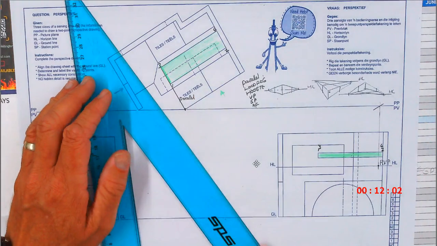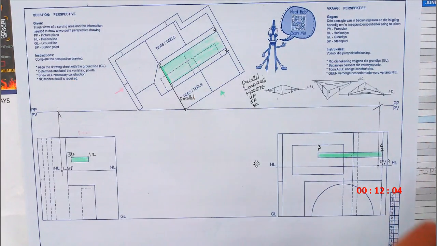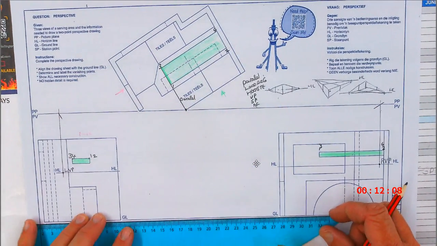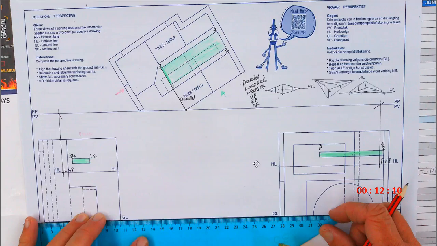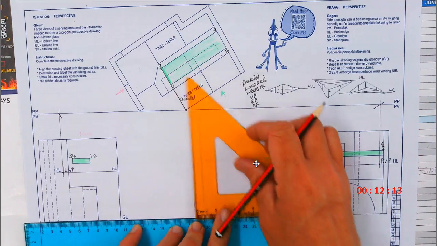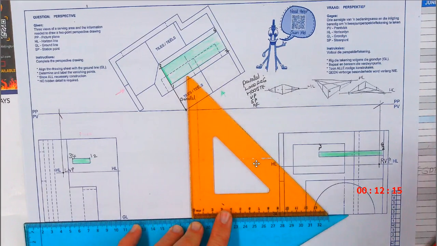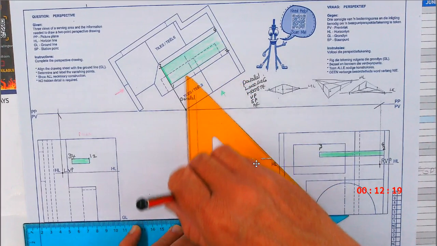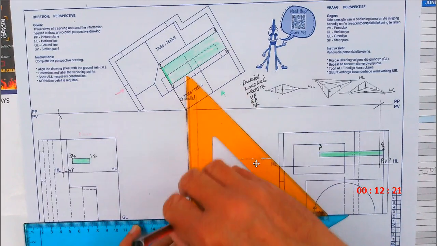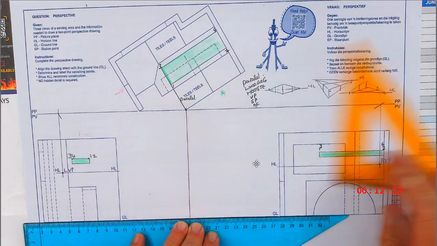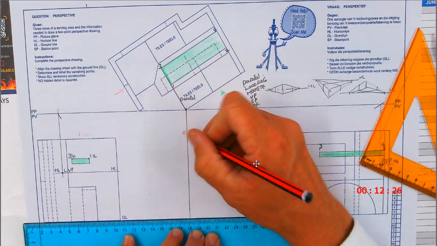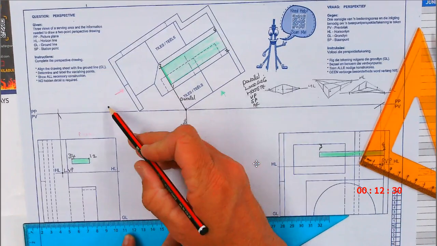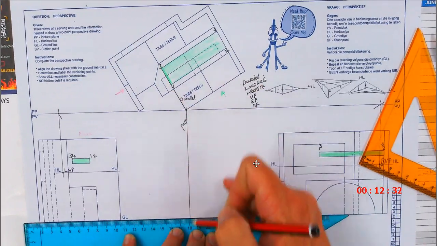Okay. Now I'm going to go perpendicular down. So what is perpendicular? You're going straight down. Okay. So I'm going to work with a pencil that's a bit more blunt, just for clarity. Okay. So that is perpendicular. So there's parallel. Perpendicular. Remember, parallel can also be in this direction. That's also parallel. Parallel, perpendicular.